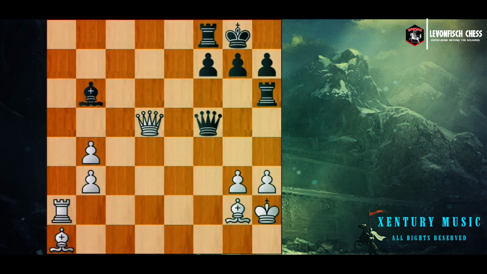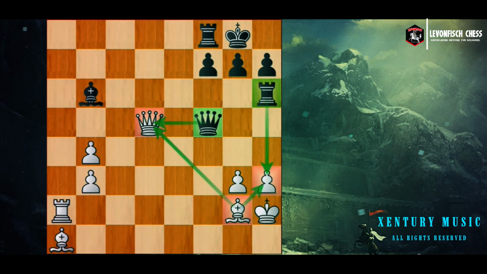Let's see another example. This is quite interesting. It's black to move here. Now, black threatens to take this queen, but right now that queen is protected. But there is another threat. The rook on h6 is also attacking the pawn on h3, which is protected by the bishop. So as you can see, that bishop is doing 2 things at a time: protecting the h pawn, but